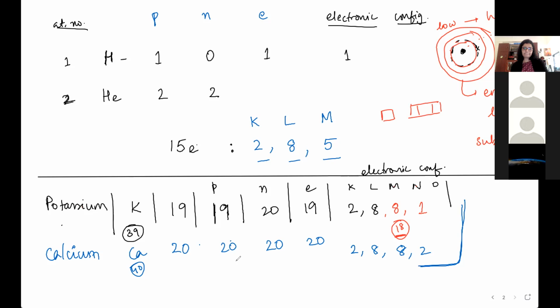Okay, this is electronic configuration. So how confident are you guys with electronic configuration? Did you understand? Will you be able to write the electronic configuration of the first 20 elements on your own? Yes, ma'am. Yes, ma'am. Right. The next thing we need to tackle is valency.